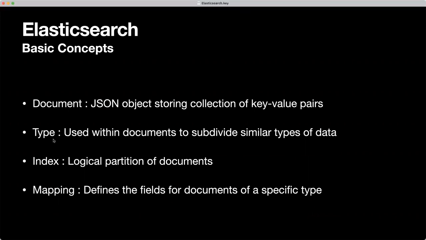So the type can be used as a filter to limit the index to the subset of documents of that type. So if my index name is, let's say, catalog, and my type is user, I can say, okay, only query documents within the catalog index which are of type user, and then it will filter out the documents in the index to only the documents of type user,